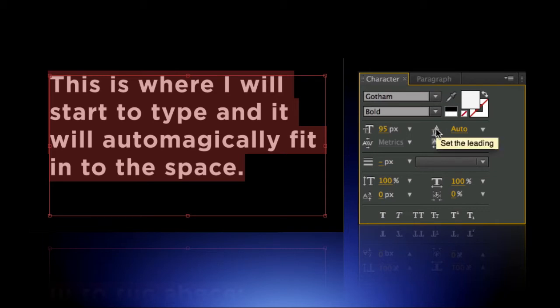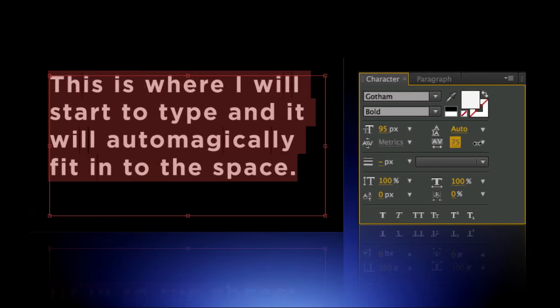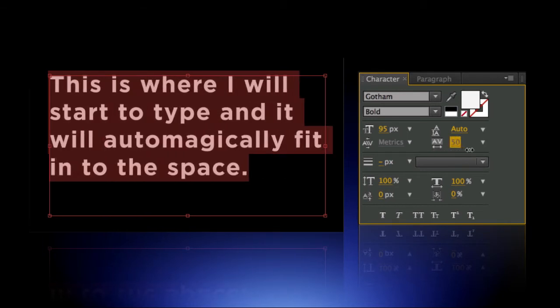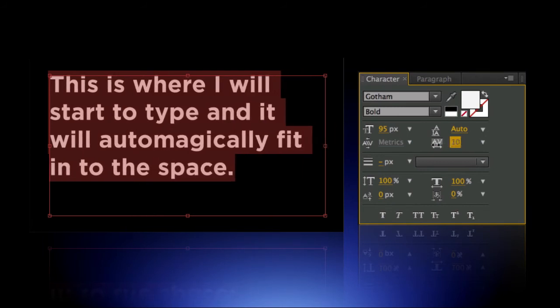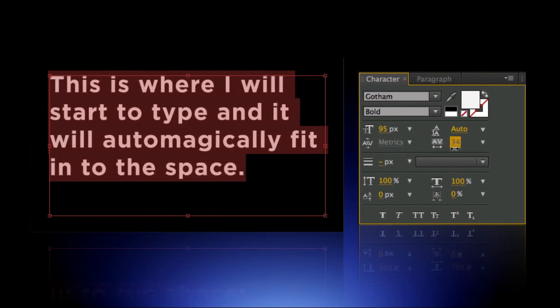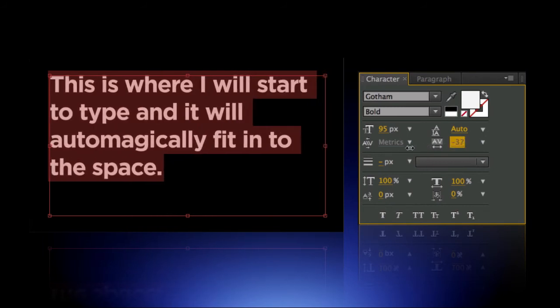So, if you want to just spread the characters out, you can use this, the character spacing. Now, character spacing is different than kerning. Character spacing changes the distance between every pair of letters,